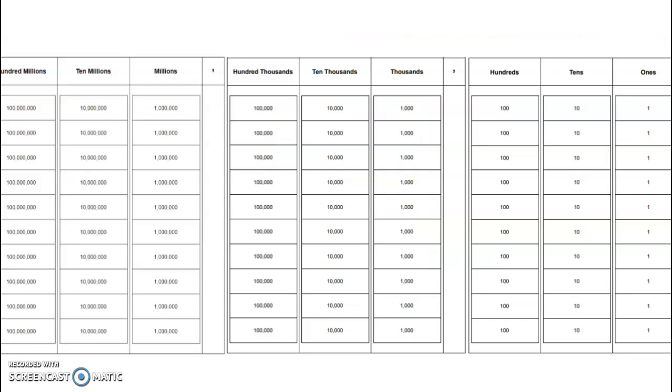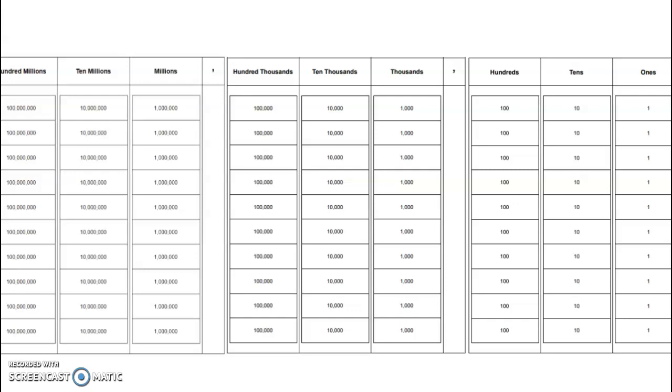Well, today I'm going to show you how we can count and regroup. So I'm going to be kind of playing a counting game. I'll be counting in groups, and I'm going to be counting to make groups of 10. I'm going to use a place value chart, and I'm going to make groups of 10. I will organize them, and anytime I fill all the 10 spaces in one column, we will regroup them into